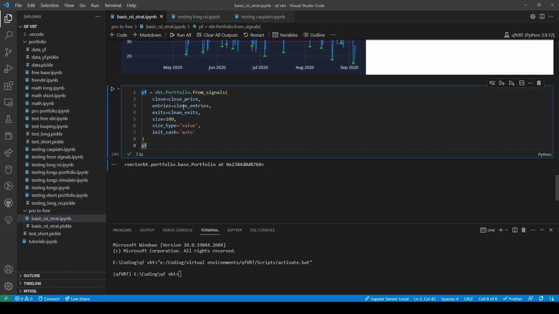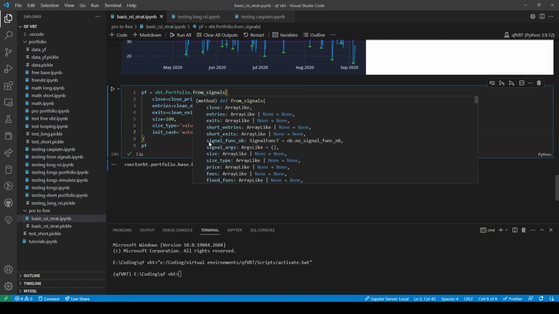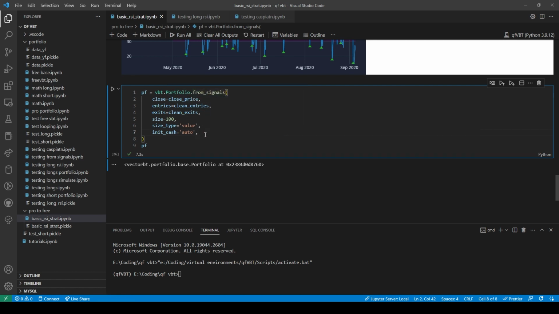So we have our close price, our clean entries, our clean exits. Here, I'm not exactly sure how it deals with the add-on part, but I'm pretty sure if I did add-on, there's probably some way to be able to do like max equity and all this other stuff, but it's like,